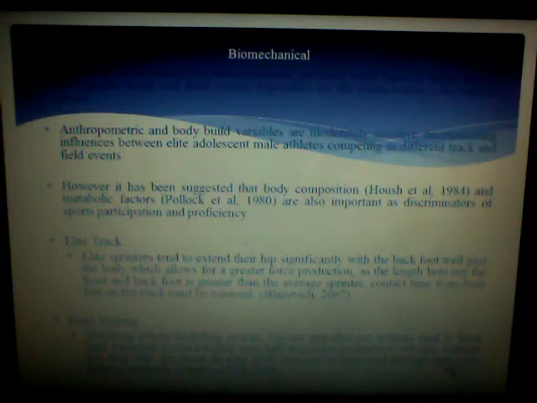Biomechanical features of elite track athletes. Elite track athletes are very powerful athletes who require high force production in order to reach maximal velocity. In order to do this, they must have good hip extension with the back foot going well past the body to create the maximal force. The average sprinter will have less hip extension but with more contact